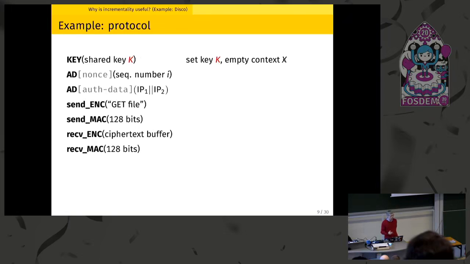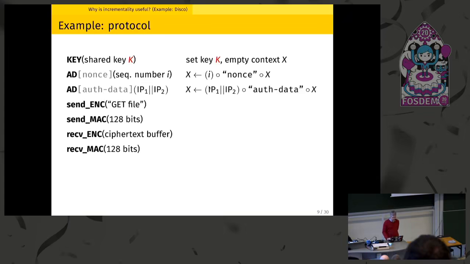And then I have some context X that is going to summarize on what the state depends. And I start with an empty X. So the next operation is AD. I'm going to add to my context some associated data, in this case, the string nonce and a sequence counter I that is going to be incremented every time I use it.